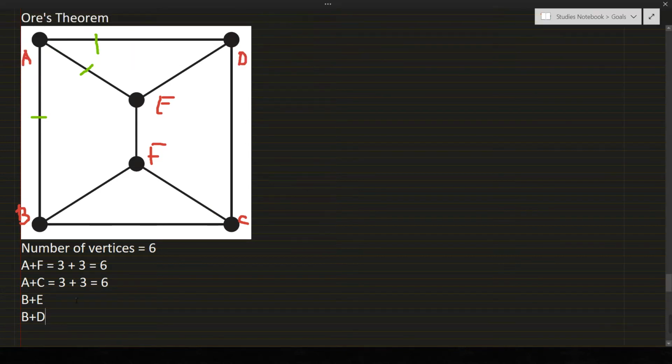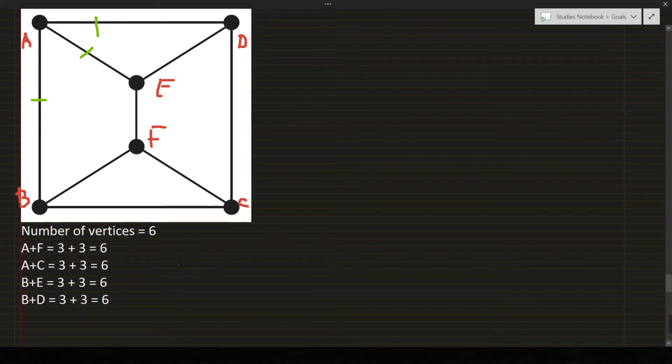So next we will find the sum of the degrees of the non-adjacent pairs for B and E. How many degrees for letter B? 3 also. For letter E, 1, 2, 3, 3 also. This gives us 6. For B and D, 1, 2, 3, 3 plus another 3, which gives us also 6. Next,